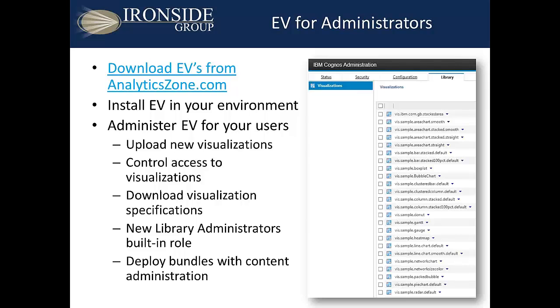So for administrators, if you're an administrator of your Cognos environment, there are some new features you want to be aware of. We're going to talk about how to install extensible visualizations in your environment and how to administer those for your users. So as I mentioned earlier,